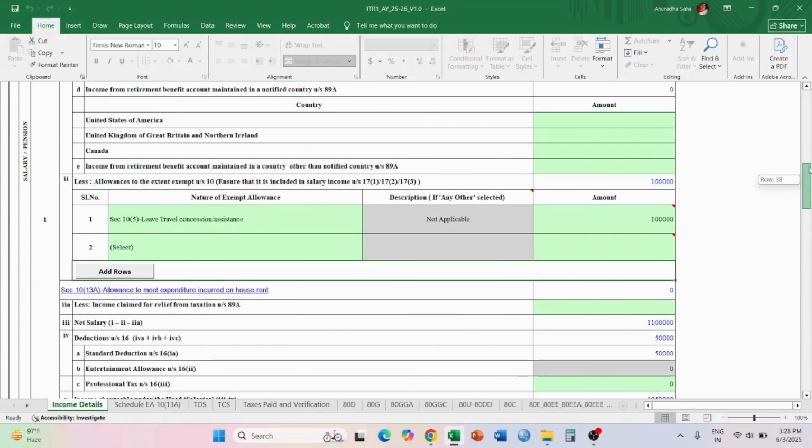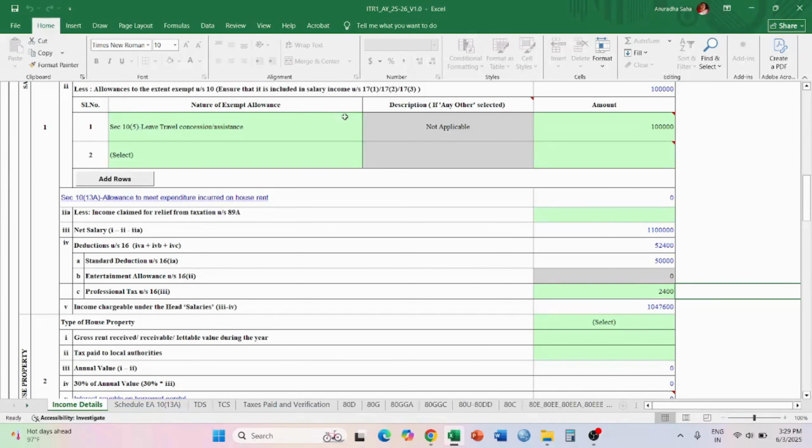Okay, and on this 11 lakhs what we can see is that the deductions are also being shown, that is the standard deduction is being shown. If you have any professional tax, then you have to write that. Usually 200 is a professional tax, so that is a standard professional tax. If anyone is having something more, then you can just write that down. So in here I am writing professional tax for the entire year, that is 2,400 rupees. So again that gets calculated automatically.